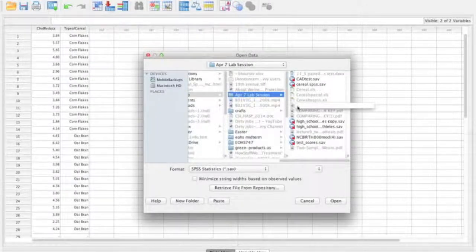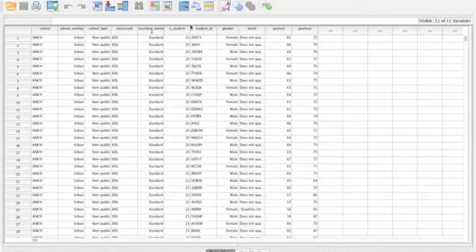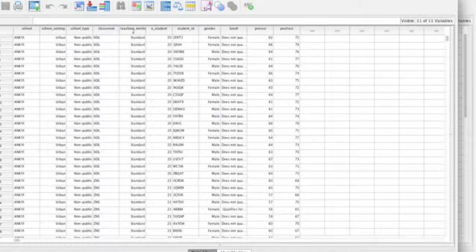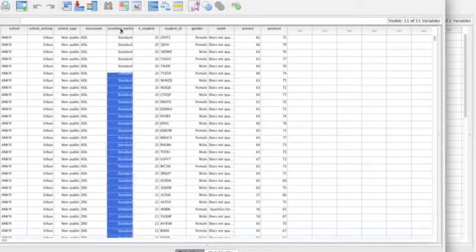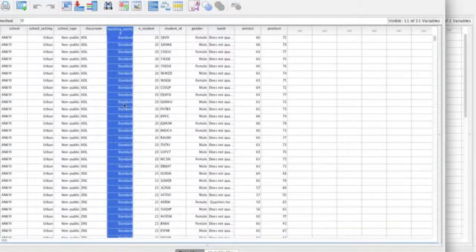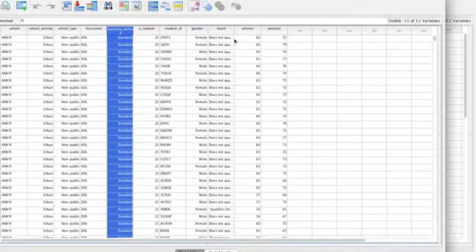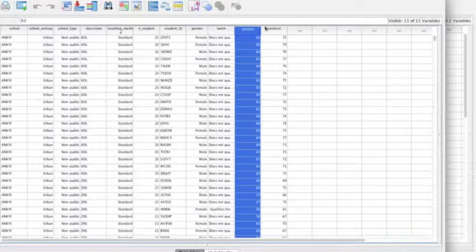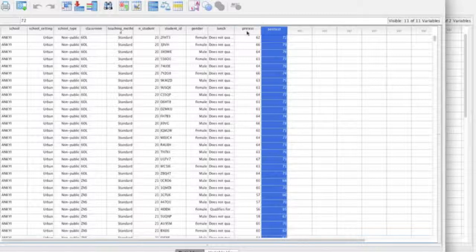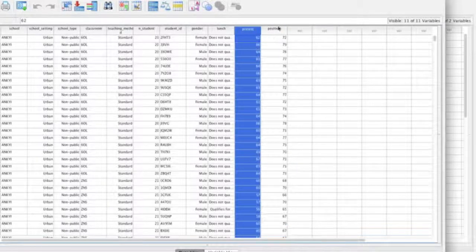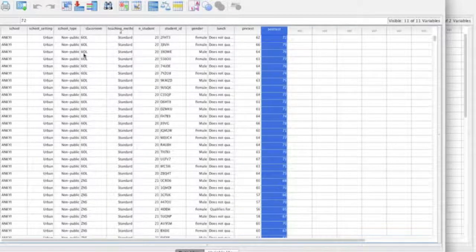Okay, so let's take another look at another data set. I'm going to take a look at one called test scores. In this one, they were experimenting with different training methods, a standard method and an experimental method, and they wanted to see whether one method of teaching improved a test score greater than another method of teaching. So, in other words, we have a pre-test and a post-test that was taken by each